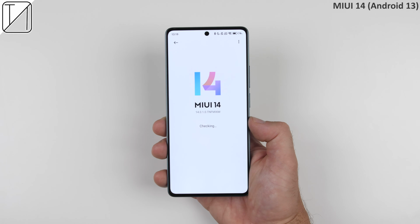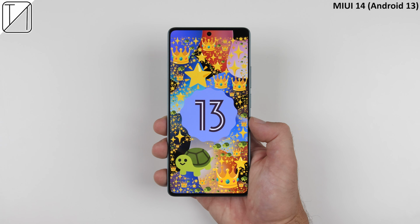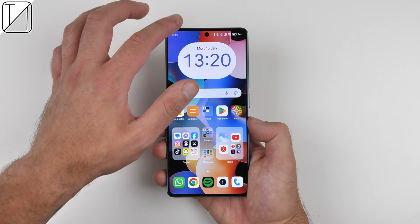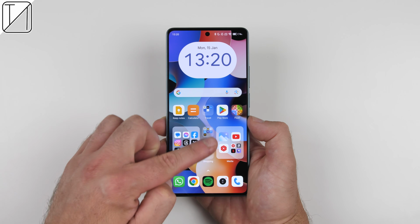Software is running on MIUI 14 and not Xiaomi's new HyperOS skin, but that could change with a future software update. This MIUI 14 build is based on Android 13 and offers all of Google's features out of the box. The software experience is smooth, and there are features such as large folders, which you don't typically see in budget Redmi devices. The Note 13 Pro packs in a more than large enough 5000 mAh battery with very fast 67 watt wired charging,